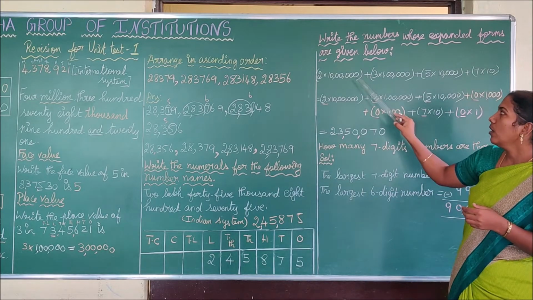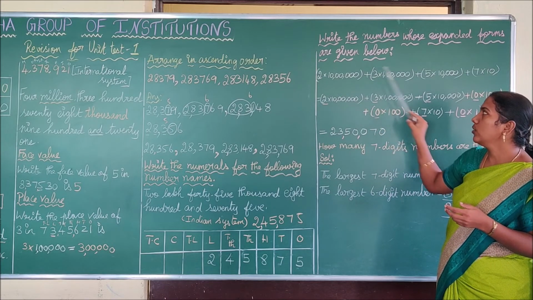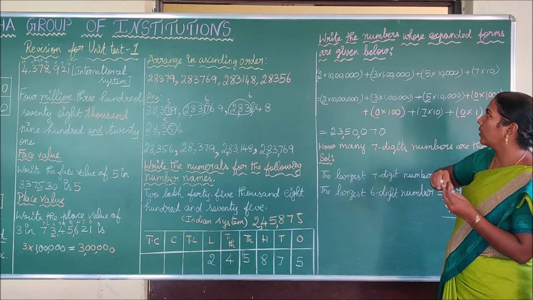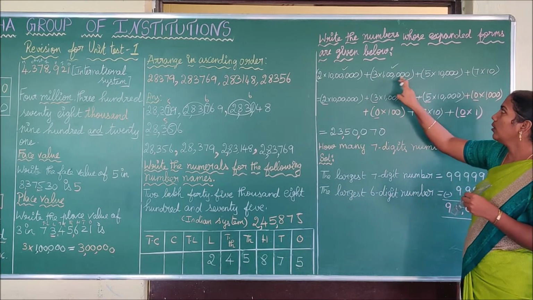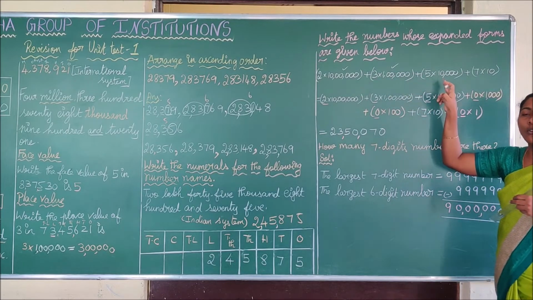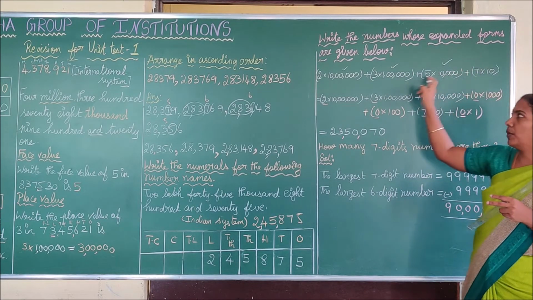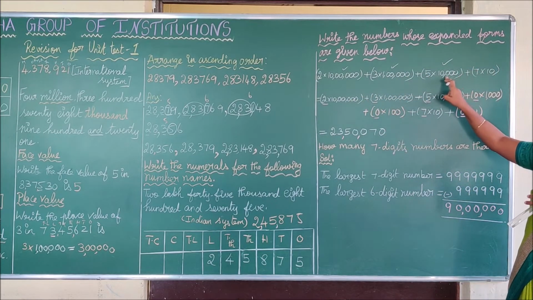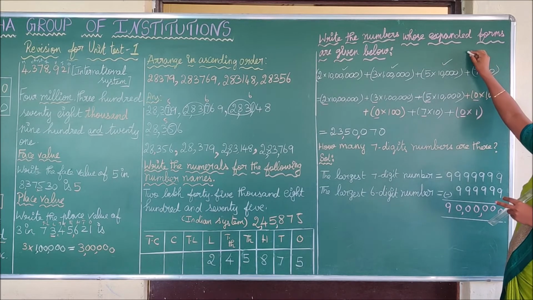See here, 1, 2, 3, 4, 5, 6 zeros. Next, you have to check whether this place value has 5 zeros. 1, 2, 3, 4, 5. After the 6 zeros, here you have 5 zeros. It's correct. After 5 zeros, next you have to have 4 zeros. 1, 2, 3, 4 zeros. So all the place values are correct. Next, how many zeros should you have? Here you have 4 zeros, so next you should have 3 zeros. See here, only 1 zero. So you are missing the 3 zeros.